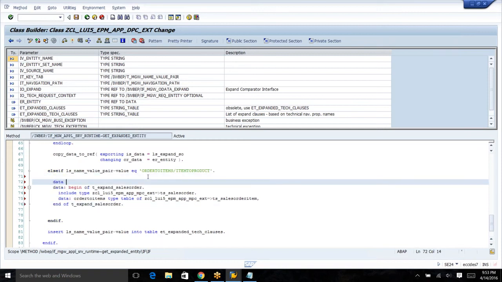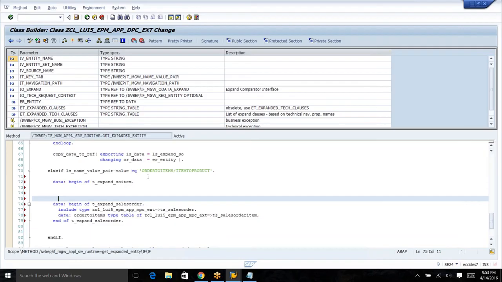Okay, data begin of T expand SO S1 item. Okay, so end of